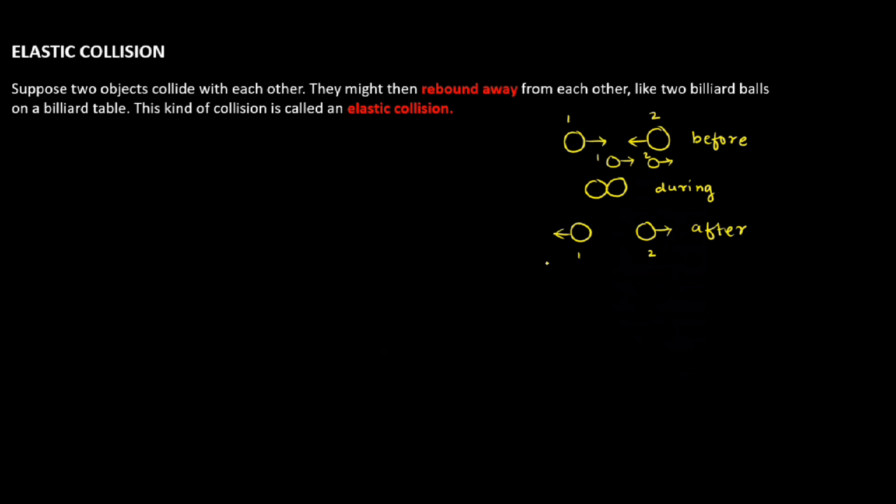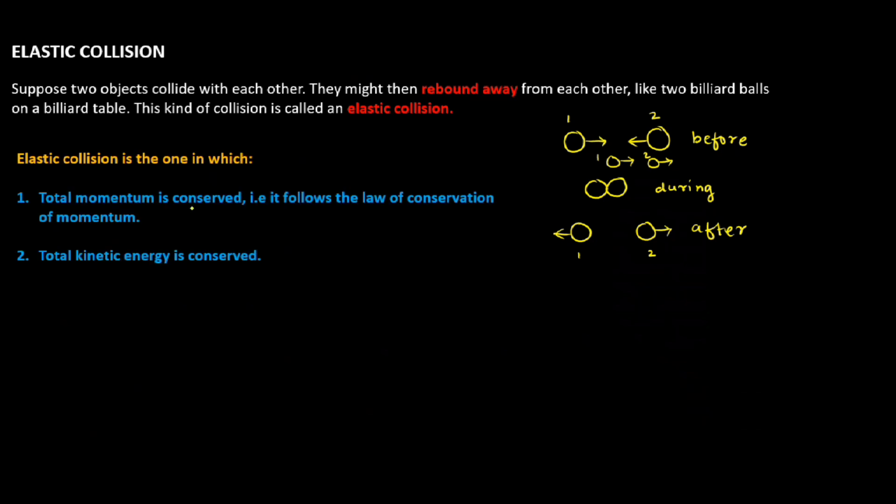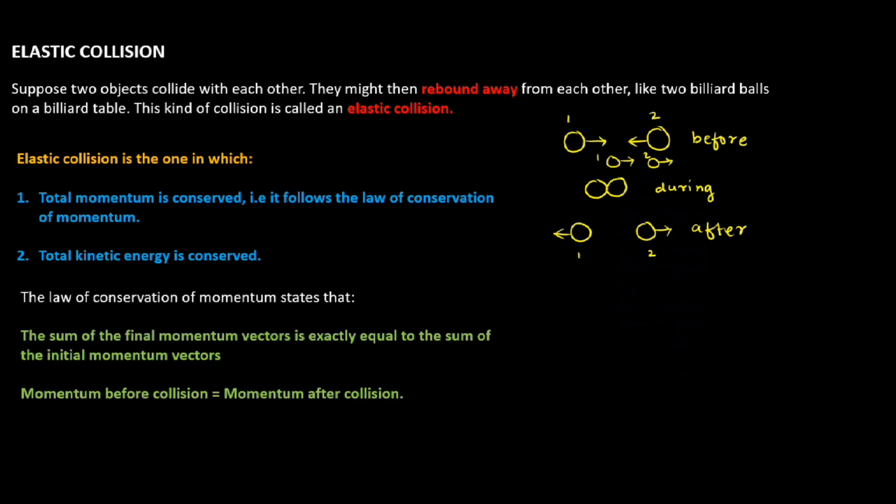There are two important properties for elastic collision. First, in case of elastic collision, total momentum is always conserved. That means it follows the law of conservation of momentum. Now, what is the law of conservation of momentum? Law of conservation of momentum says that sum of the final momentum vector must be exactly equal to sum of